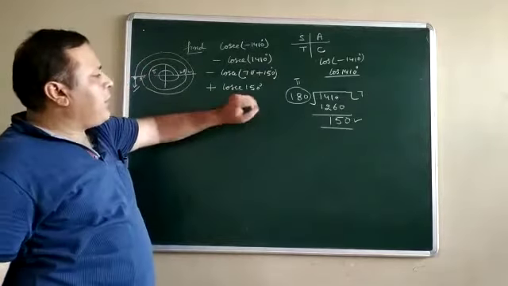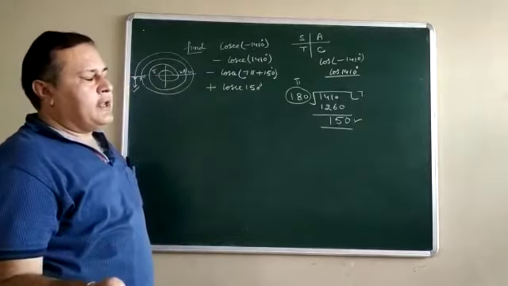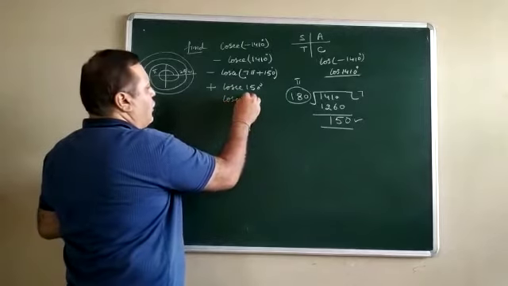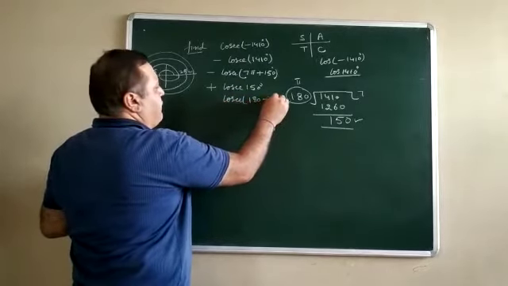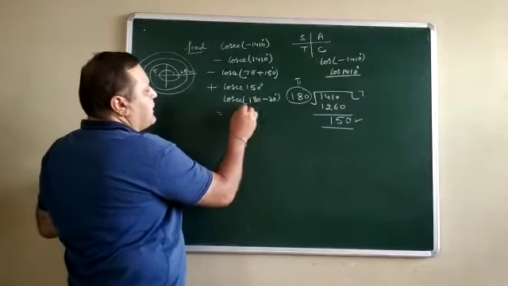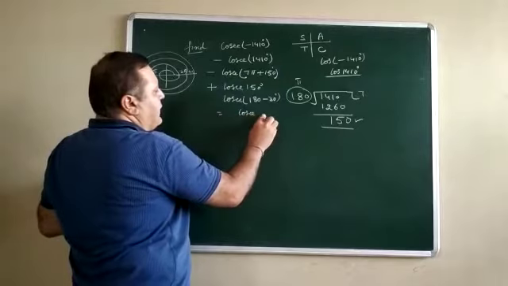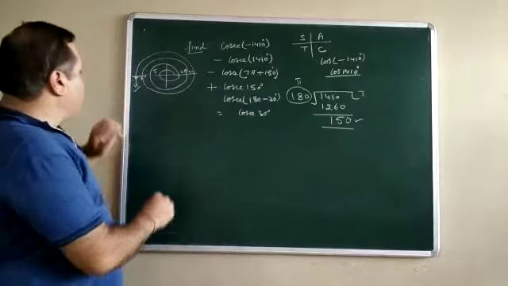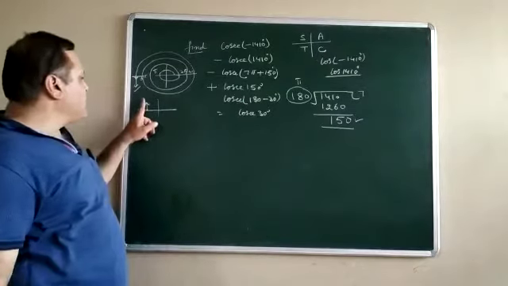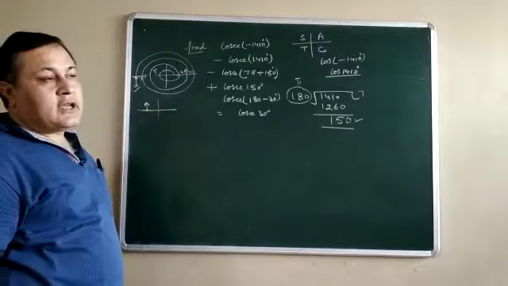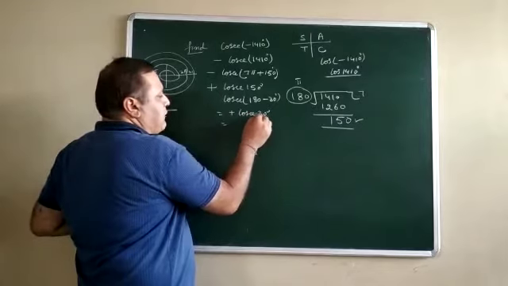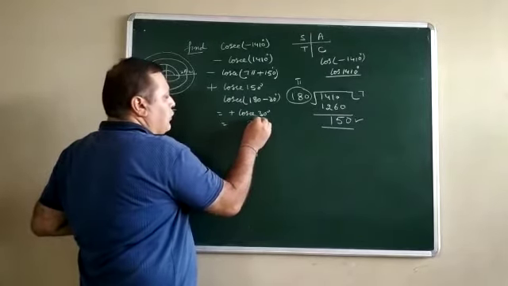But still there is one problem. We know the values from 0 to 90 degree. Now it is 150 degree. We have to change the result. See this one, 150 can be written as 180 minus 30 degree. So it is cosec of 180 minus 30 degree. In case of cosec 180 minus theta, 180 lies here, and minus theta means you are in the second quadrant, and in the second quadrant cosec is positive, so your answer remains positive. So your answer is equal to cosec 30, which is equal to 2.